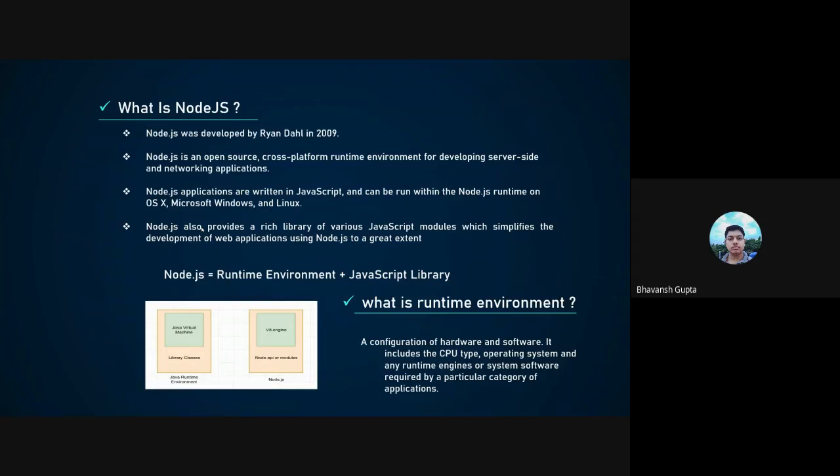It is a JavaScript engine which converts the JavaScript to machine understandable machine code. It is enclosed with Node APIs or Node modules, and above it we have Node.js. So you will write code in JavaScript, which will be compiled down to machine code using the Node.js runtime environment.